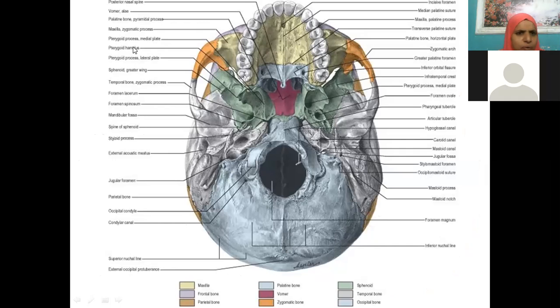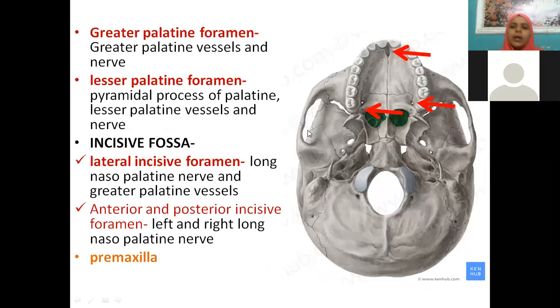Whatever I have told you: palatine, maxilla, pterygoid process. Almost every word I have introduced with them. Learn slowly. See, this I said this area is the greater palatine foramen, where we have the passage of greater palatine